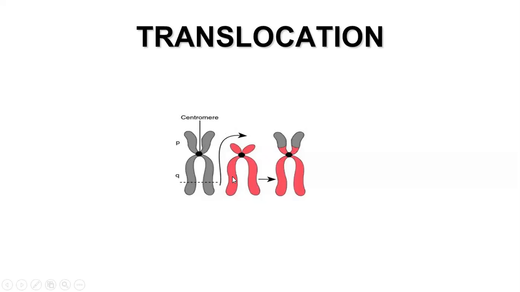Non-homologous means they are different in genetic constitution. The genes present on the gray chromosome are different from the pink chromosome. So these two,